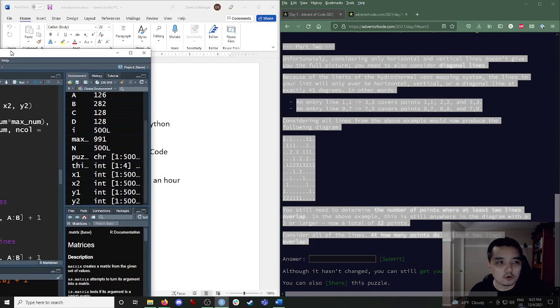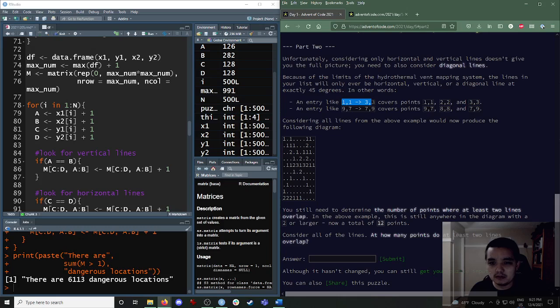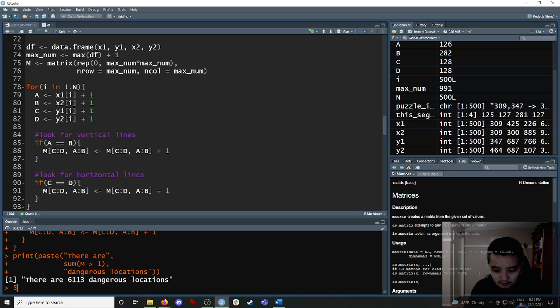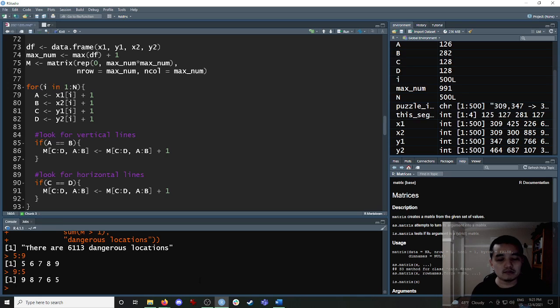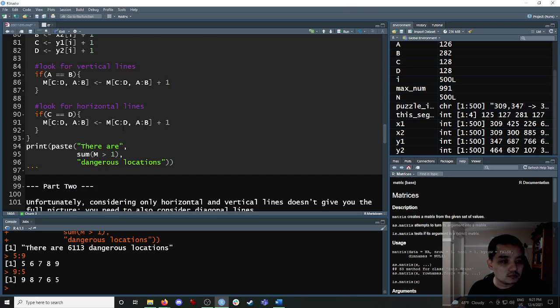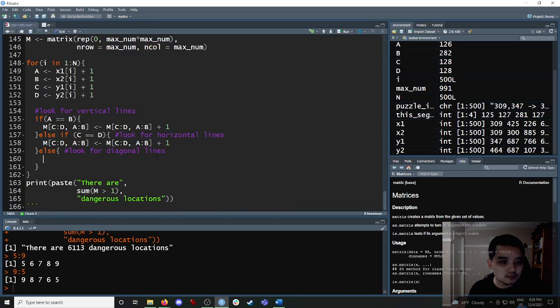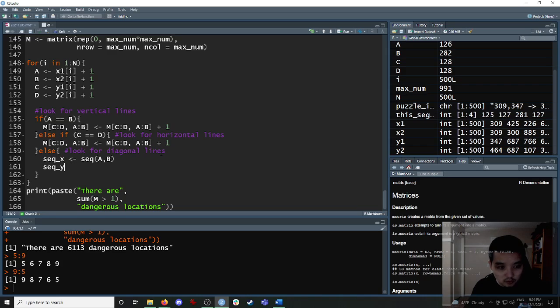And what I'm building towards is, if the line is diagonal, see this in this example, we're going from 1 to 3 in both the x and y directions. If this line is diagonal, we need to make these sequences 1, 2, 3. These sequences that say increase. Now, fortunately in R, if I go from like 5 to 9 with the colon, that goes 5, 6, 7, 8, 9. If I accidentally go 9 to 5 with the colon, it'll count down 9, 8, 7, 6, 5. And this will be useful, so this way we don't have to check which direction we are going diagonally. So the sequence in the x direction will be a sequence going from A to B. The sequence in the y direction will be a sequence going from C to D. And then we're going to